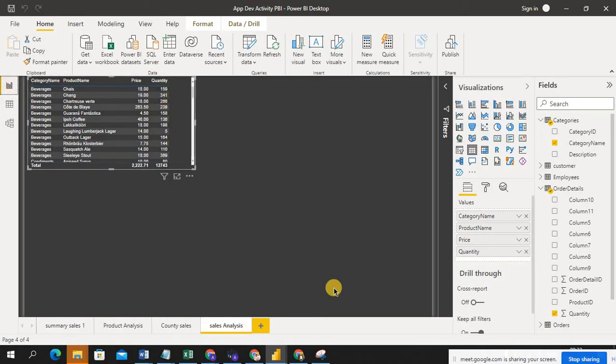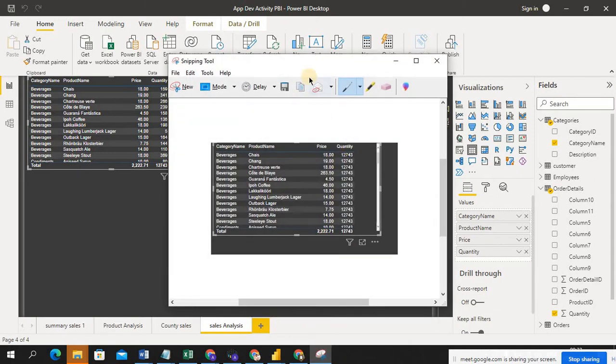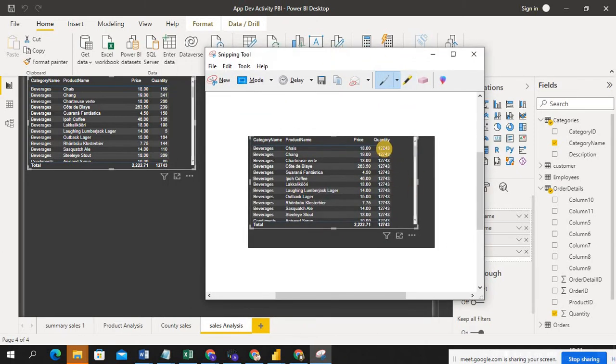See guys, before when I removed the relationship, see the quantity here, 12743, 12743, the sum was repeating for every record here. It's not correct, right? Now when I build the relationship back to the tables, you can see for this category name, for this product name, the price is this and quantity was 159.